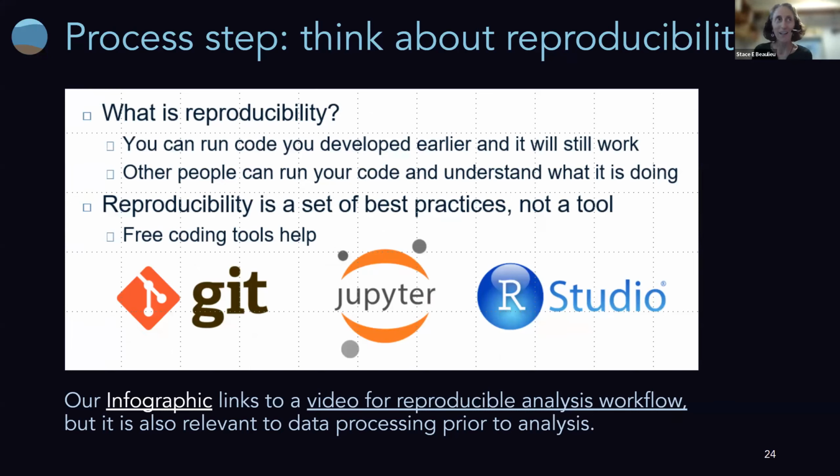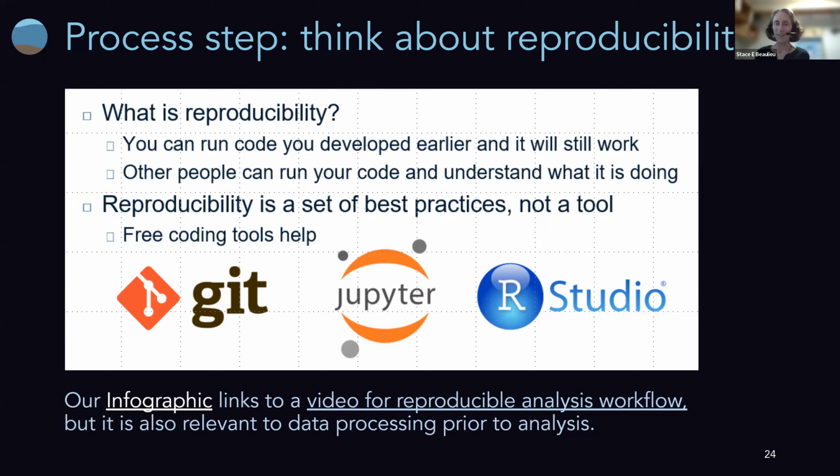Reproducibility is, in this case, we're going to think about it in terms of you being able to run the code that you developed earlier, and it'll still work to go from your unprocessed to processed data. But for reproducibility, you really have to also think about how other people can rerun your code. And there are many publications that define repeatability versus replicability versus reproducibility. But in any case, think about